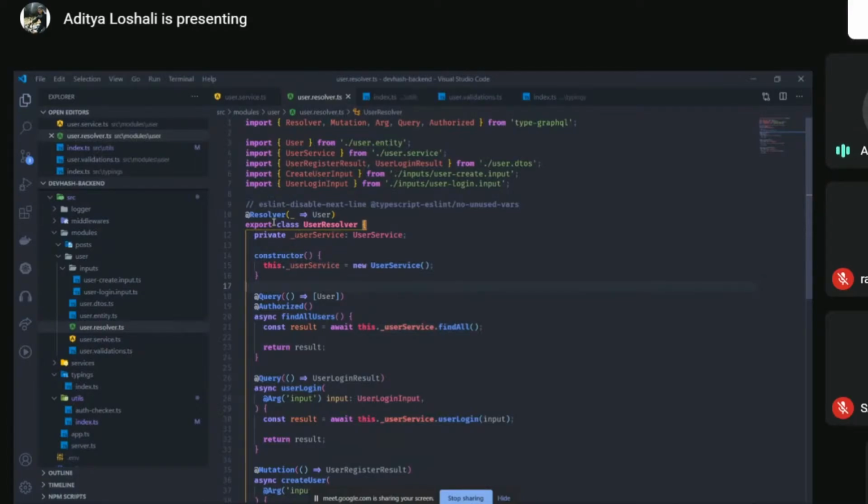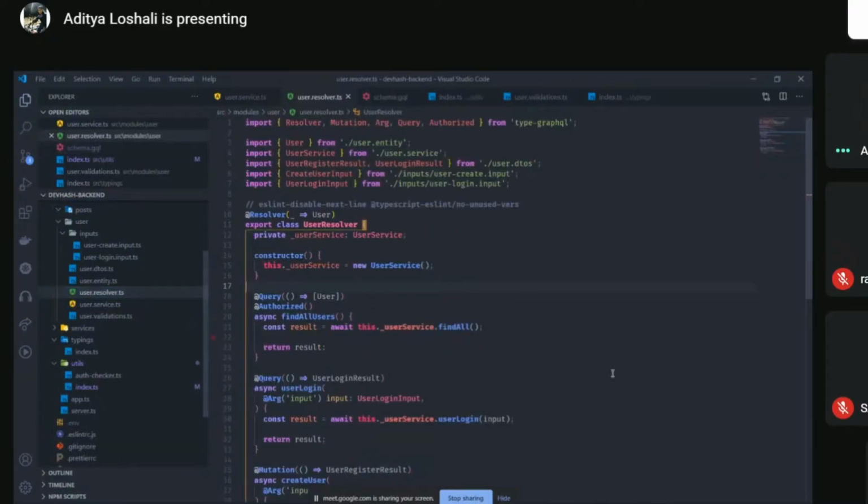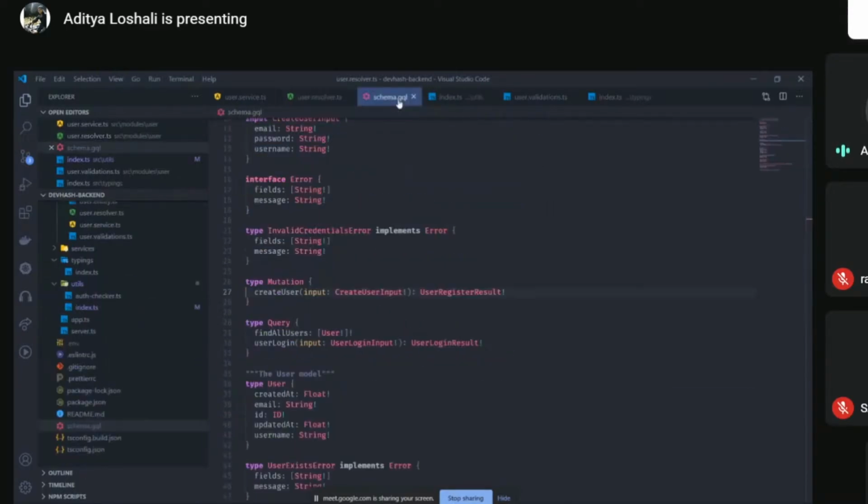Now from this code, we are creating that GQL file. All of your code there from TypeScript is converted into this GraphQL file with queries and mutations. And is the process automated? Yes, the process is automated, creating that .gql file. So all of this code here, the queries and the mutations that you create using the TypeScript decorator, will be converted into that file automatically.